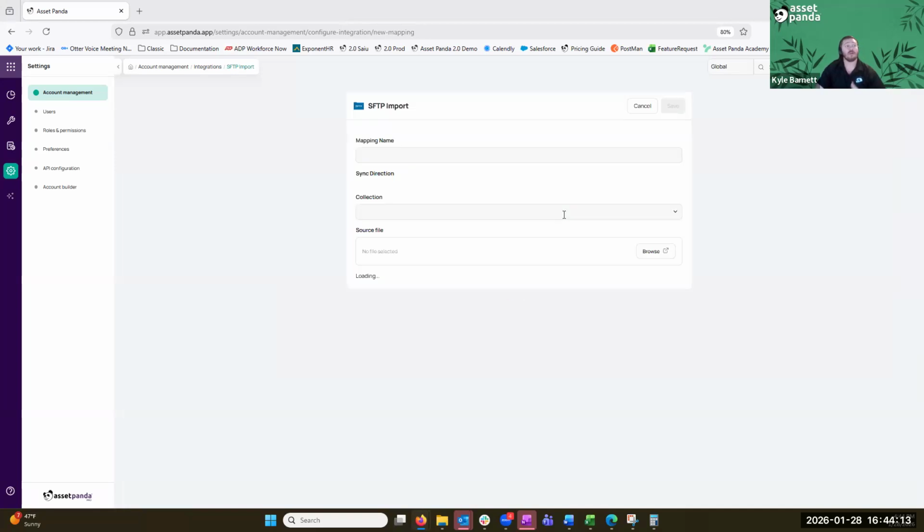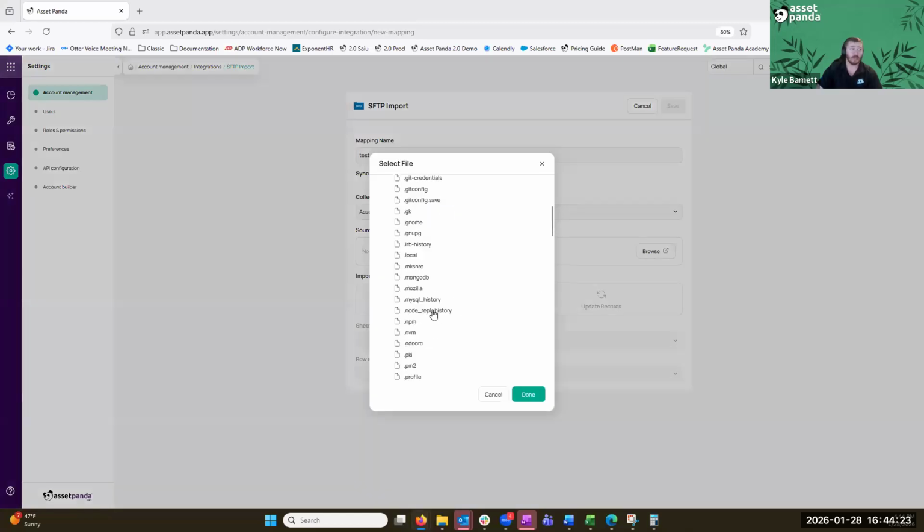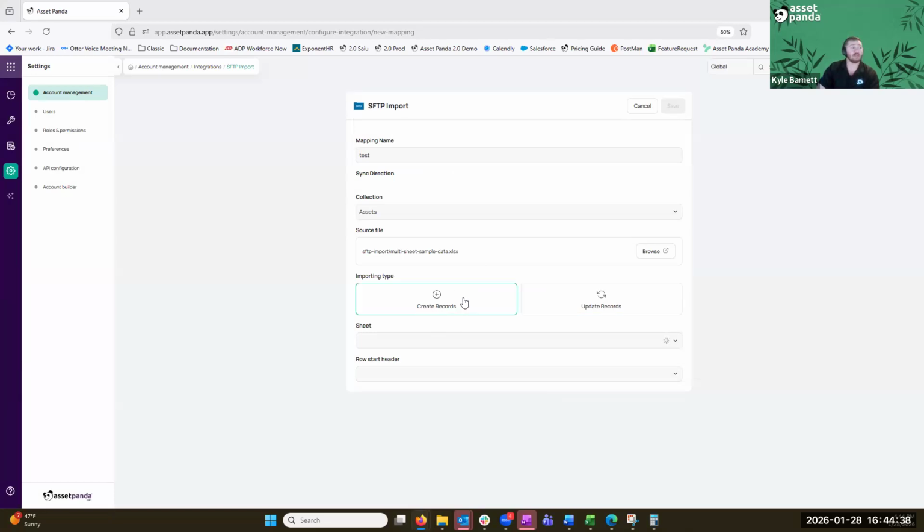over to your mapping. From here, hit add mapping, give this mapping a name, select the collection that these records are going to go into, and then select that source file that you want to pull that data from. From here, I'm going to find my SFTP import, and I'm going to select my multiple sheets spreadsheet. That's what I want to stay up to date. So I can select that multiple sheet sample data, and then I can determine,